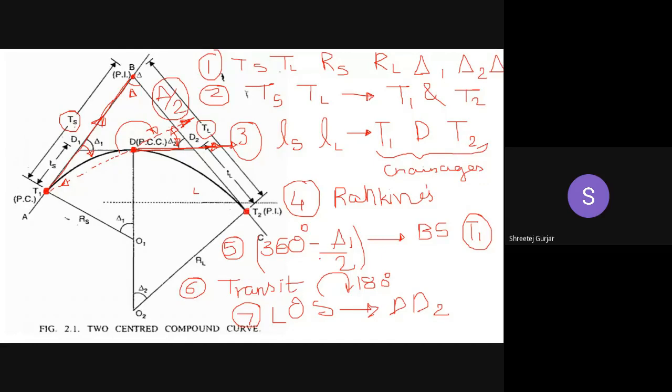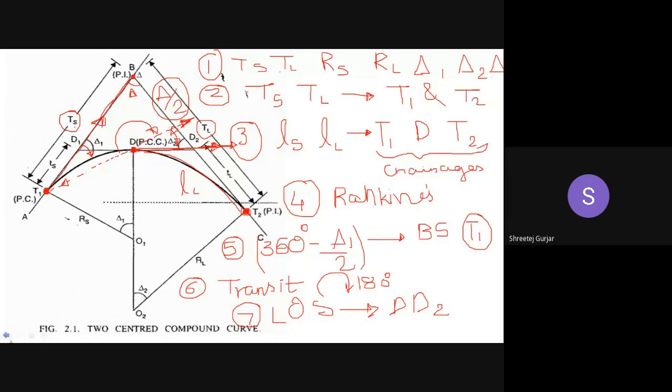Once this is done, you can easily use Rankine's method and set this longer curve and arrive at this point T2. Once you arrive at point T2, you can do one check. Are these steps clear? Can I erase these steps which I've written? I'll circulate notes, don't worry. Do not write this down. I will give you proper notes later on.